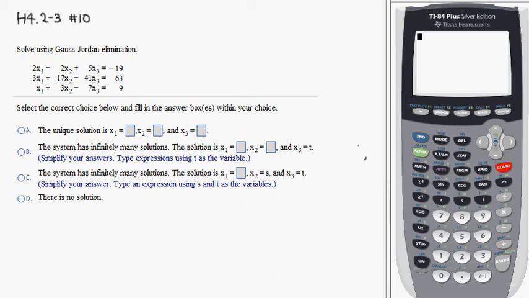All right, so I'm going to go to matrix. So second, matrix. I'm going to edit matrix A, so enter. We want 3 rows, so a 3 by 4 matrix, and I just have to enter it row by row. So it's going to be 2, enter, negative 2, oh, sorry, go to, right, negative 2,